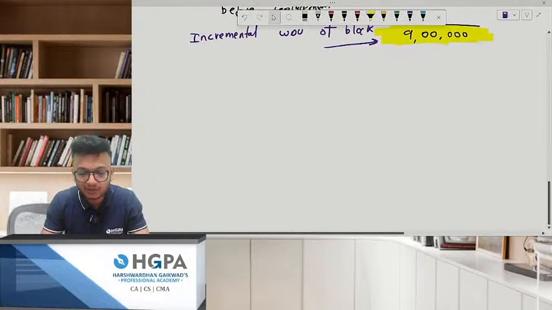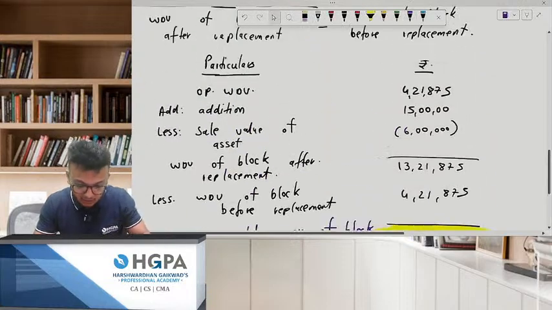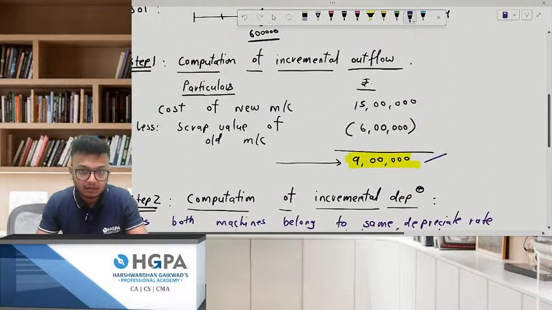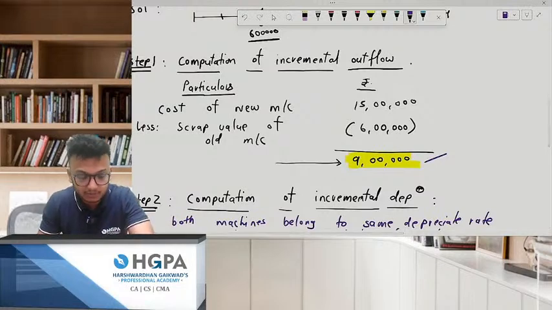Now what is the shortcut? Tell me one thing. Where is this 9 lakh figure in your answer now? See here. This means what? Ladies and gentlemen, please pay attention. This might save a lot of time in your examination. If